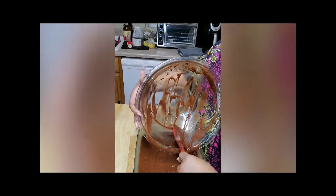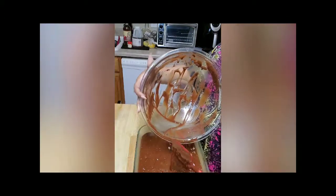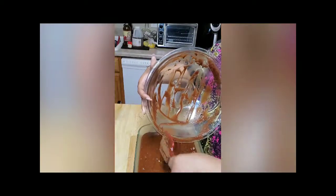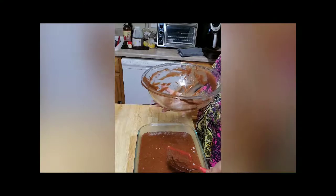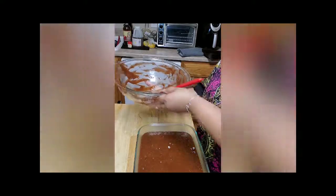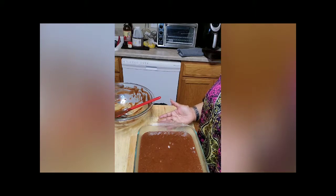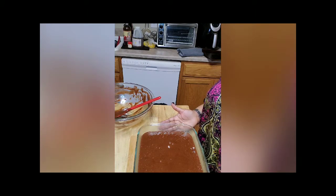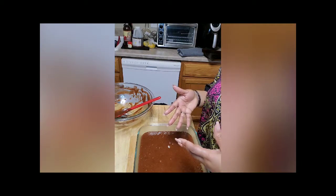Okay. And that's all it takes for this, guys. So I am now going to put this in the oven, and I'm going to take my mac and cheese out. But I'll be back to show you what we're going to do to this next, because once it's done, we're